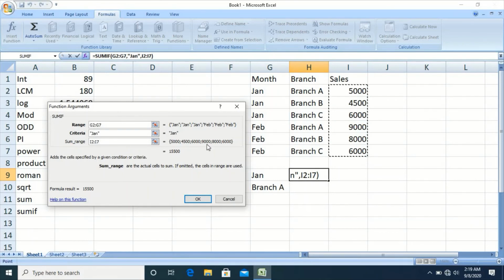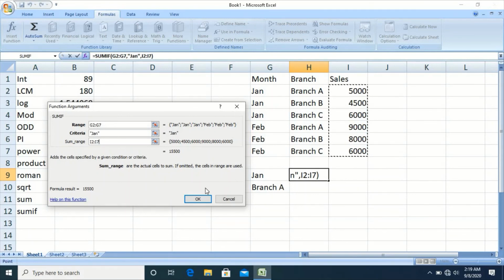So this SUMIF function is going to consider only those sales where the month is Jan. So the output is 15,500. That is 5 plus 6, 11, 11,000 plus 4,500, total 15,500.